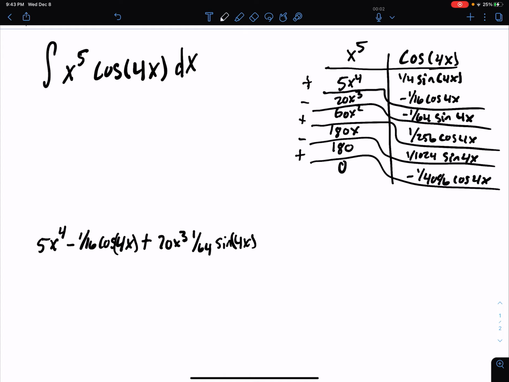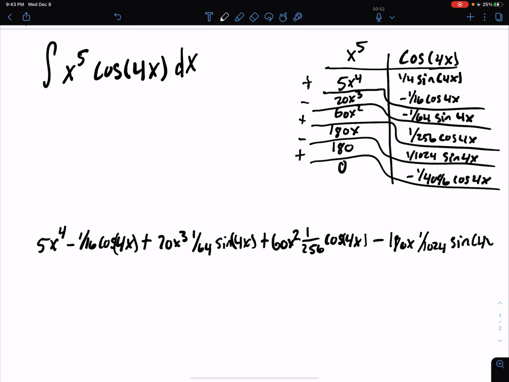Next one is 60x squared times 1/256 cosine 4x, minus 180x times 1/1024 sine of 4x. And then now we're down to our last term. I'm going to write it under, is plus 180